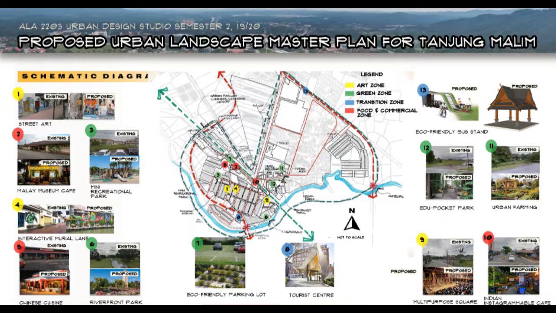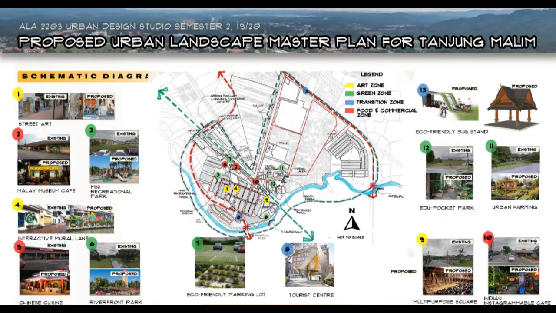For the green spaces, we intended to use the area of abandoned OOPSI quarters to become an area for urban farming, equipped with spaces like seating, storage and also a stall area where the produce will be channeled or used by the residents nearby. Before the entrance of the underground tunnel that connects New Town and Old Town, Edu Pocket Park will replace the current grass area and will be used to educate people on ethnobotanical plants used in the community of Tanjung Malim, and will be provided with a sitting area.